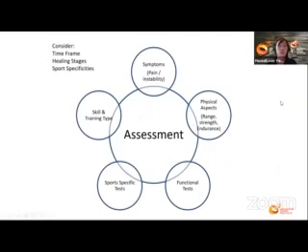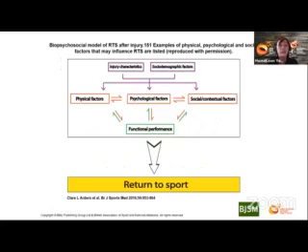But looking at this slide, when you assess the criteria for return to sport, you need to consider time frame, the stages of their healing, and the sport specificity. The assessment could be things like your symptoms, your functional test, your sport specific test, or your skill test. And then the others that you put into consideration would be the social factors and the psychological factors.